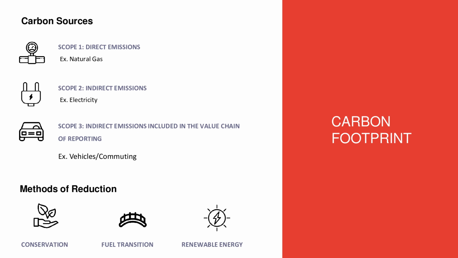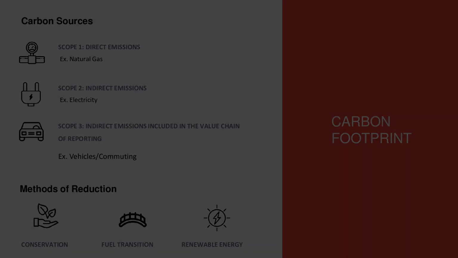So an example of direct emissions is something like burning natural gas to heat your home, or propane, or home heating oil. When you're directly consuming a fossil fuel at a facility or at your home, that's a scope 1 emission. So the emissions are actually happening directly at your home or measurement boundary there.